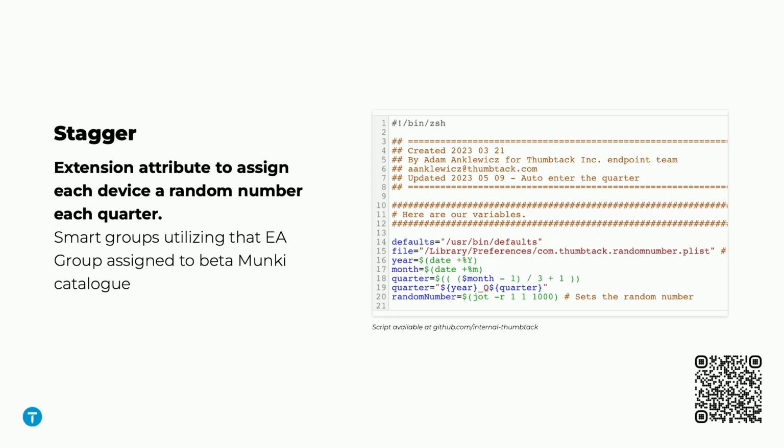So those are the first people to get stuff, but we feel that's not enough for rolling out software just to test to those people. And it doesn't really matter too much if someone's Chrome is delayed by a few days unless there is a security vulnerability that's being patched. So in a normal time, what we do is we have another extension attribute, which you can see the full